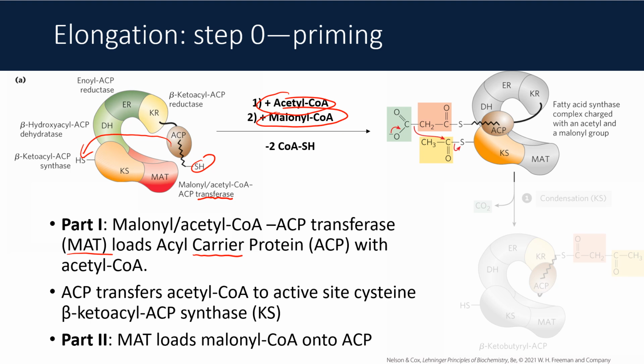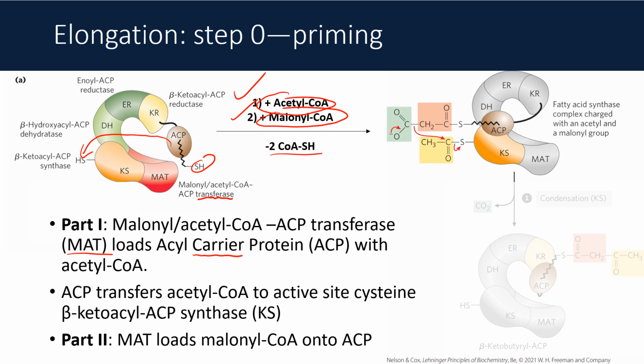And then it's going to come back to the starting position next to MAT, and it's going to get loaded up again, this time with malonyl-CoA. It's going to work together with MAT, and then bam, we have a second thioester formed, this time between our second carbon units. And remember that these CoA groups are ultimately going to be leaving groups, so we're going to lose both of them as free CoASH, the free sulfhydryl,